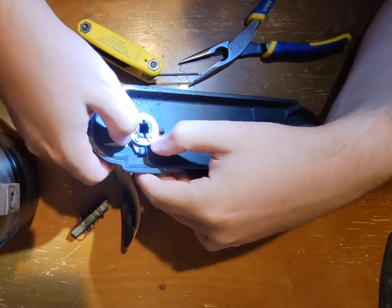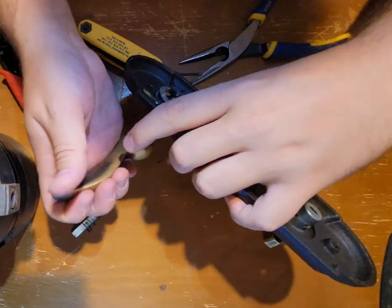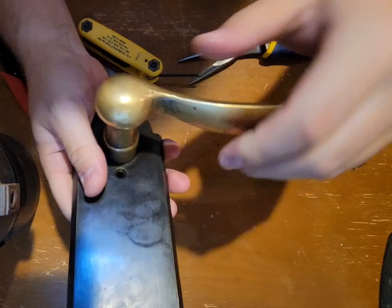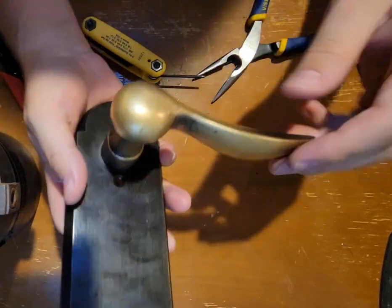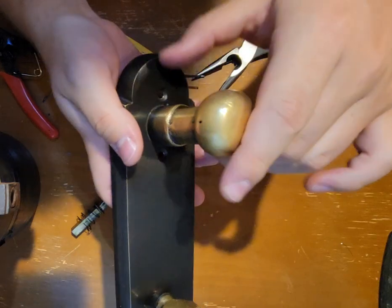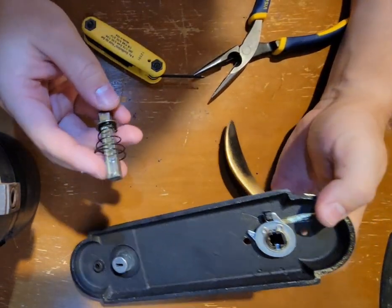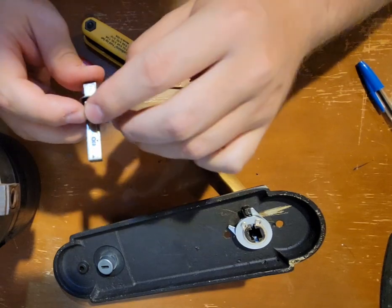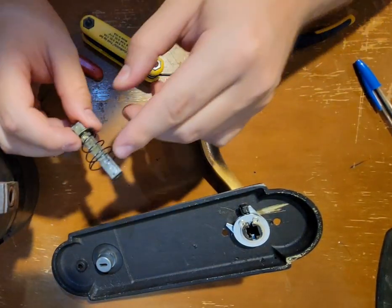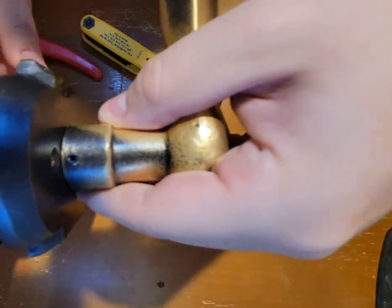As you can see, there's still a little ways to go here, but what you can see is this door handle now is on a spring to go back up, which is exactly what you want. Now what I will do is put this back in. Now keep in mind there's a groove here. As you can see, there's only a groove on one side. What you want to do is make sure that that groove is on the same side that this